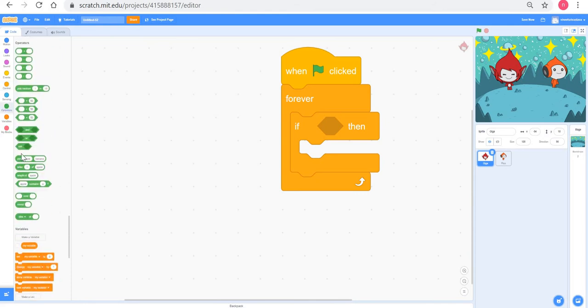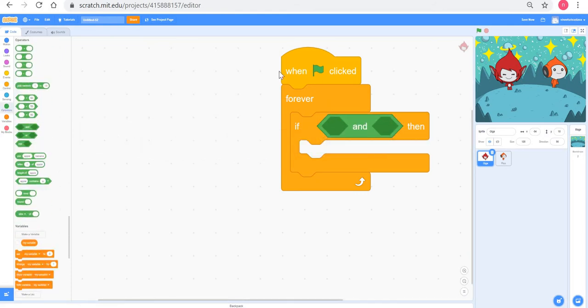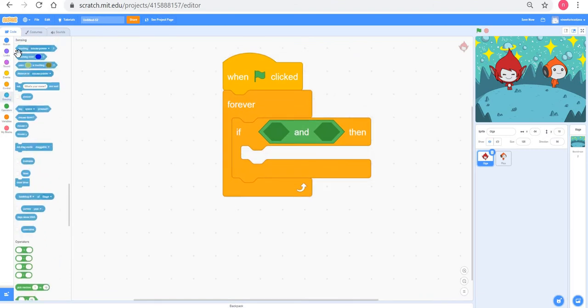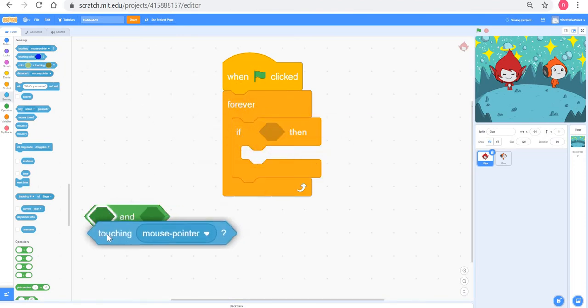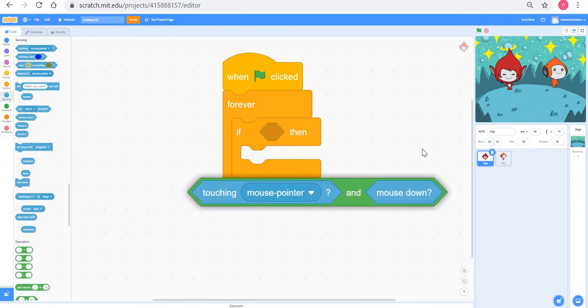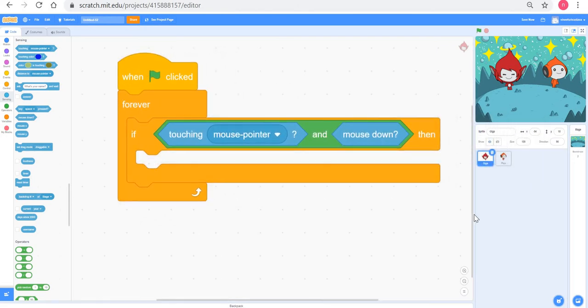So if, in the sensing, I say if touching mouse pointer and mouse down, which basically means that if Giga is being clicked, I want Giga to go to a random position. So that part would have been simple.